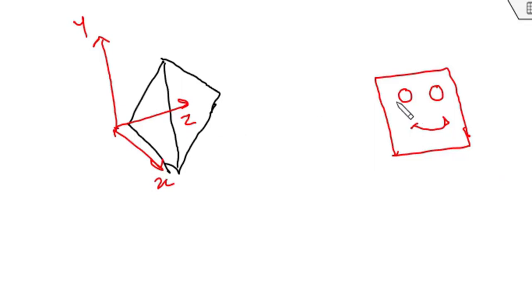Here we can see that the dimensions of the texture and the 3D model are different. The coordinates of the texture are denoted by u and v. That's why in various modeling tools and game engines it is called UV mapping, because the coordinates of the texture are denoted by UV, and we have to map these coordinates to the 3D model.